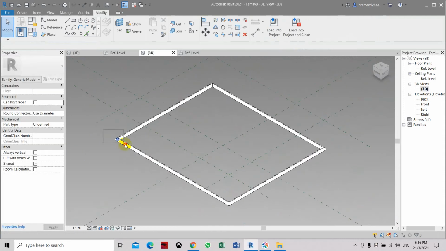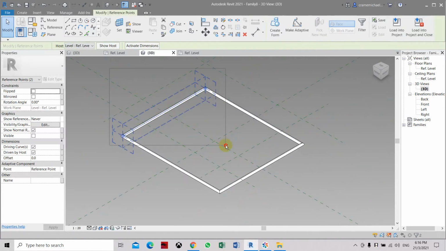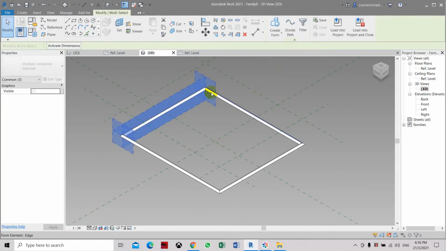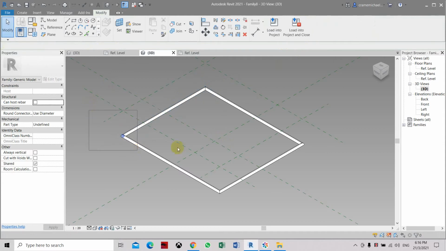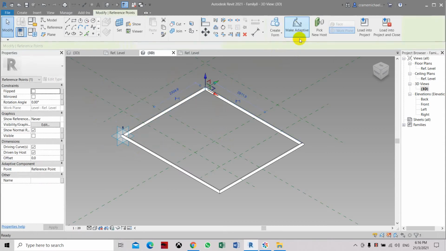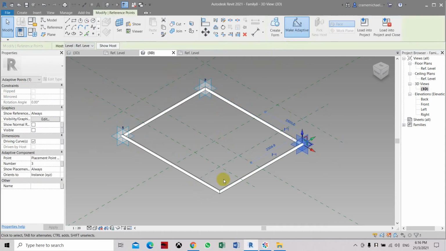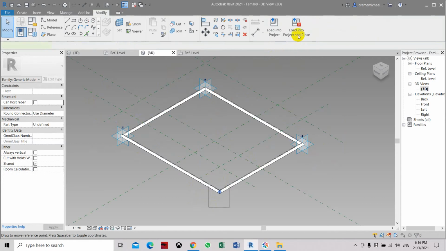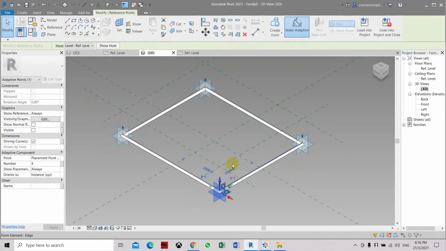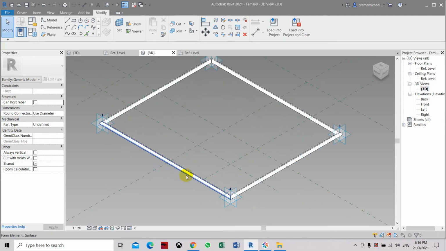So let's make the points adaptive. Select 1, 2, select these 2 points. Let's do from the 1, set it as adaptive. That's number 1, number 2, number 3, and number 4. So we have to follow this sequence once placing this profile. So 1, 2, 3, 4, and let's